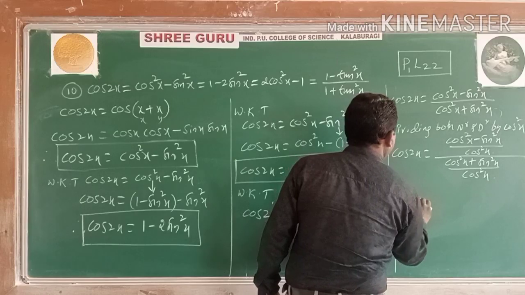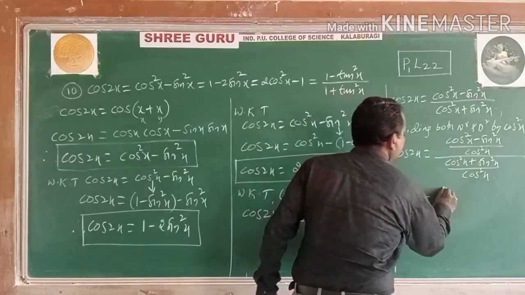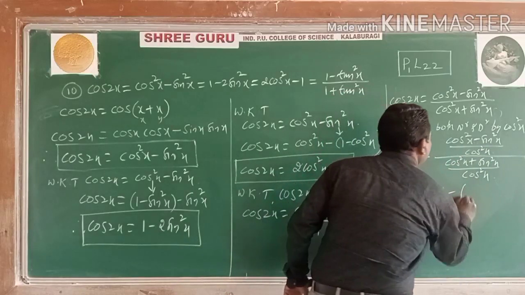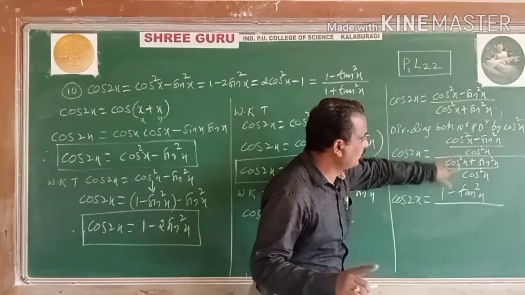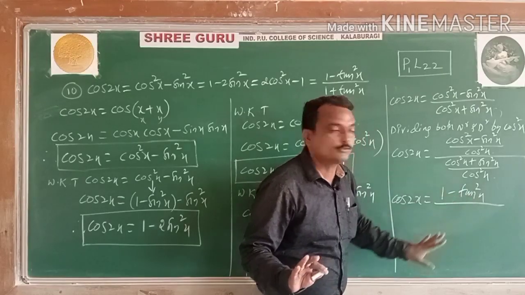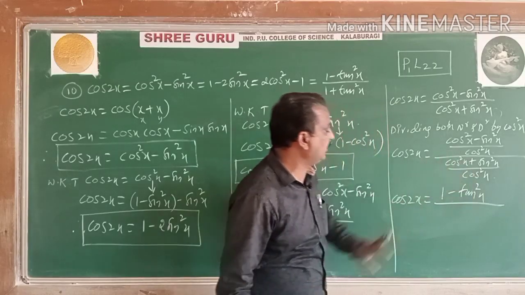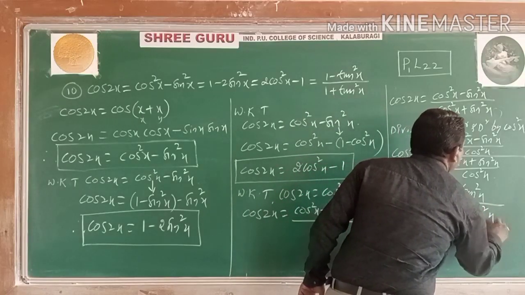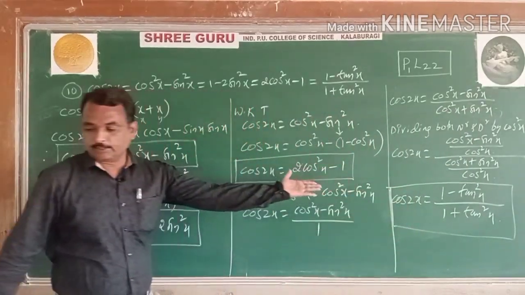Separately dividing it, cos 2x equals, dividing cos square x by cos square x, it is 1. Here I am separately dividing sin square x by cos square x. Is it tan square x? Yes, separately dividing here, cos square x gives 1, minus sin square x by cos square x, tan square x. Clear, students? Similarly in the denominator, separately dividing, cos square x gives 1 plus sin square x by cos square x as tan square x. So this is the fourth result, students. So we have proved it in 4 types.